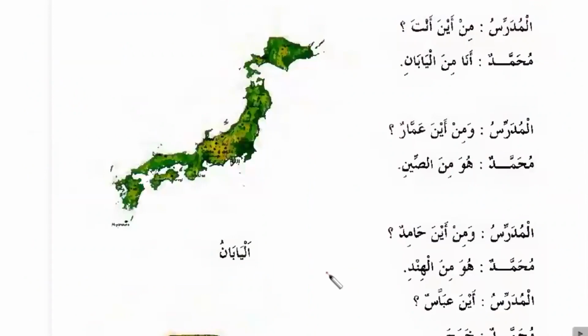Okay. So let's continue. So this is the dialogue we're talking about. Min aina anta. Min means what? From. Aina means where. Anta is a pronoun. You. I hope you can remember the pronouns that we learned. Keep it at your fingertips. Anta means you, masculine. So min aina anta. So definitely he's talking to a masculine, a male.